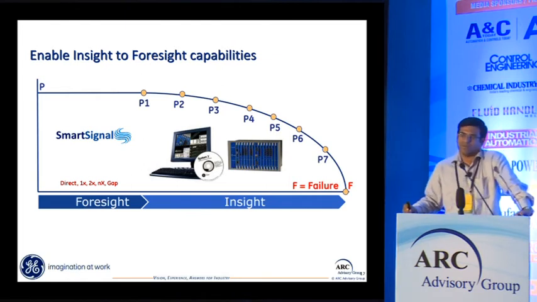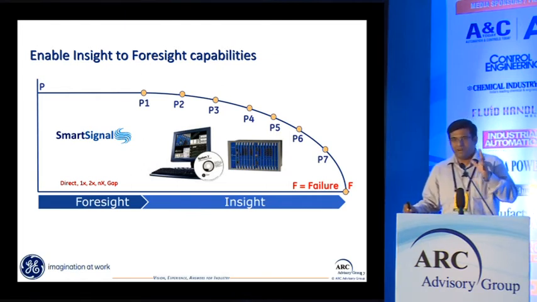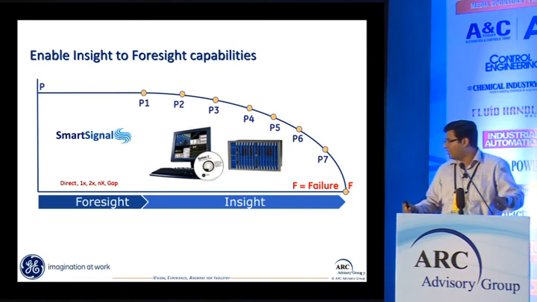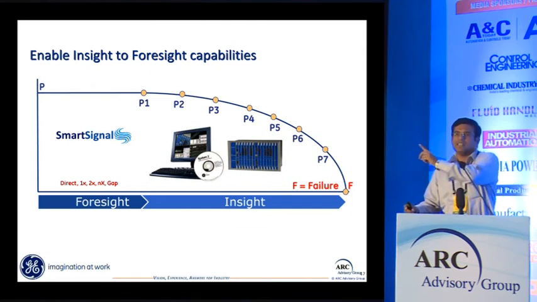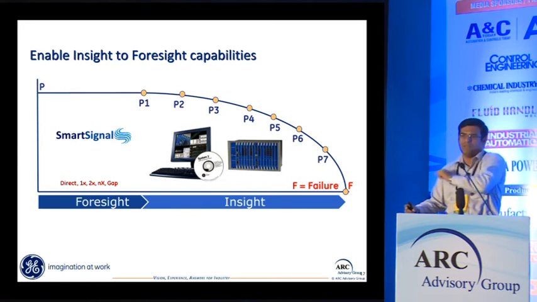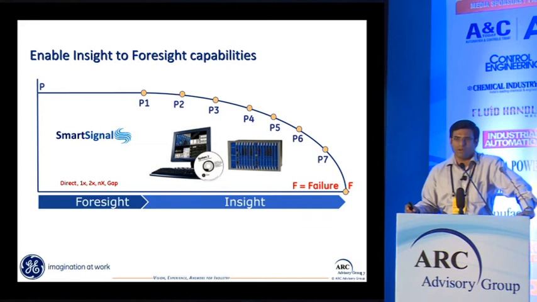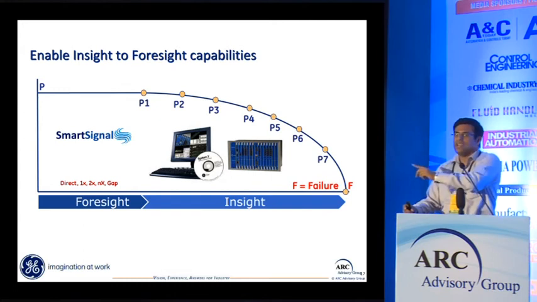Another important concept. Now the insights we already have. Now just think about it. On the PF curve, if the same amount of insight is available at a foresight level, at a much early stage, that you drill down those analytics which you would have done post the failure as a root cause analysis, what would be the effect? What would be the favorable outcome? Completely the failure can be eliminated. That is what we talk about, foresight along with insight.